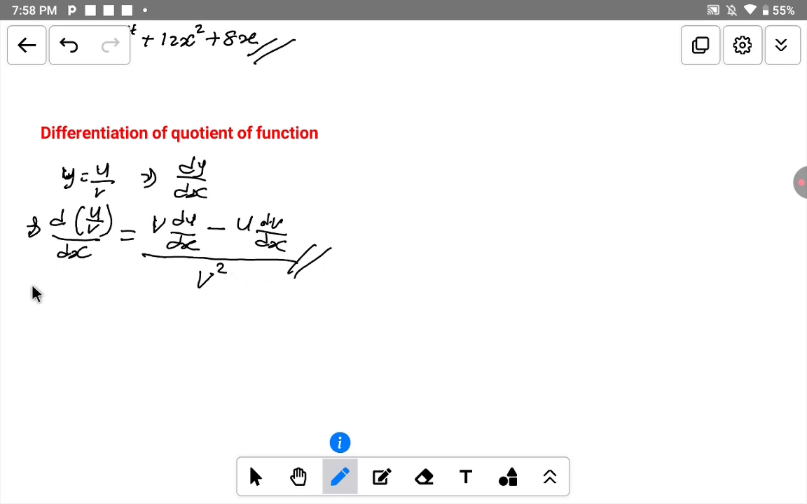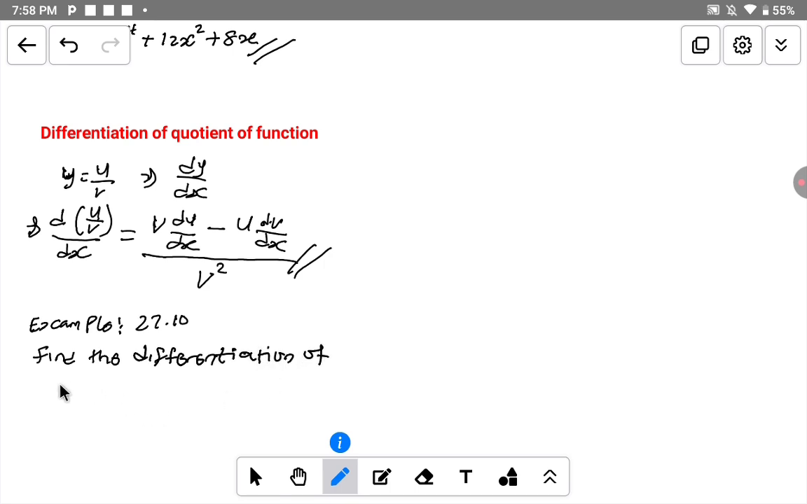With the textbook I'm using here, we have example 27.10. The question says we find the differentiation. I hope you can see my writing very well. To find the differentiation of the function, we are given y is equal to s